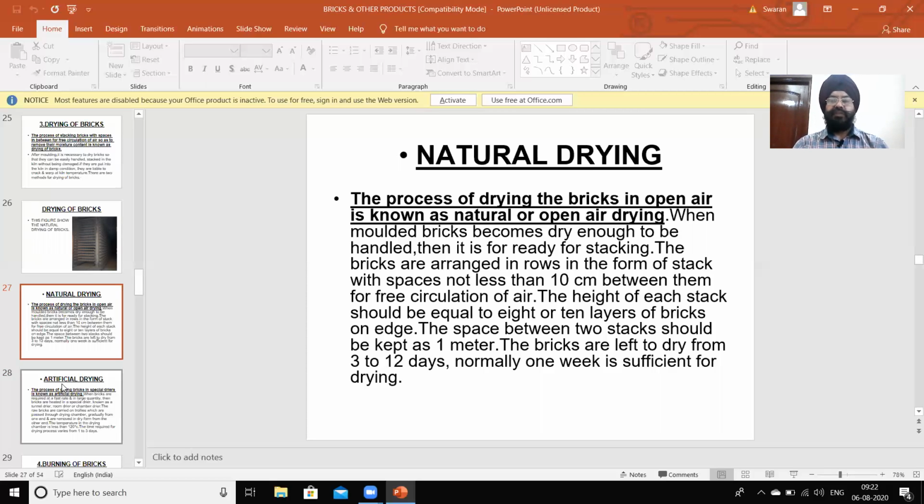The height of each stack should be equal to 8 or 10 layers of the bricks on edge. The space between two stacks should be kept as 1 meter. The bricks are left to dry for 3 to 12 days. Normally, 1 week is sufficient for drying.